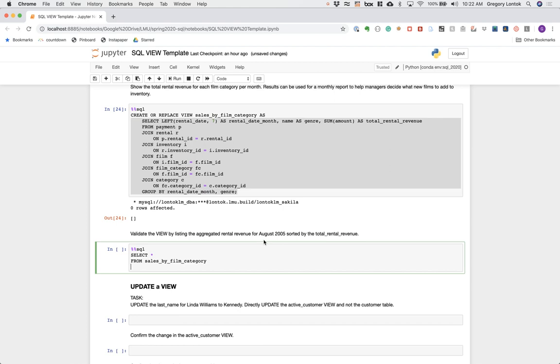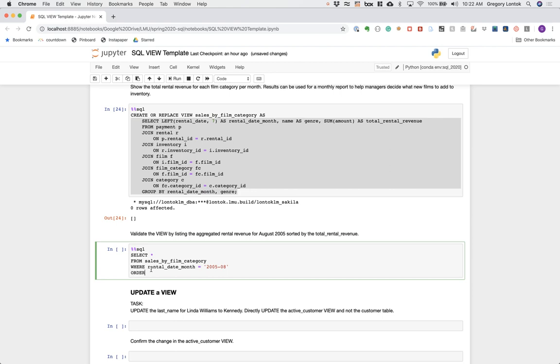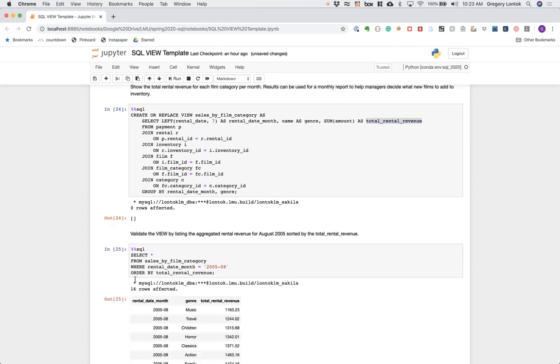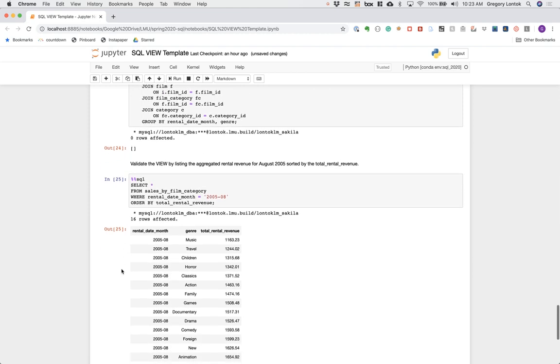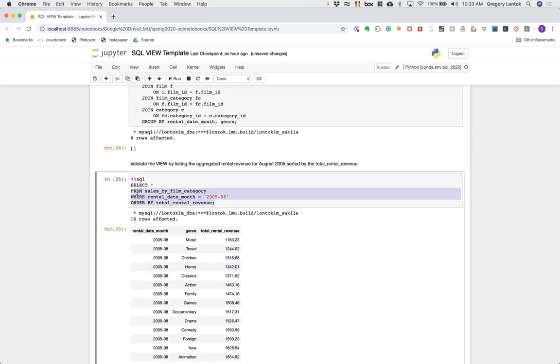For rental revenue in August 2005, and then we're going to sort it by the total rental revenue. Called the date column rental date month. August from 2005. Order by the total rental revenue. Running this query